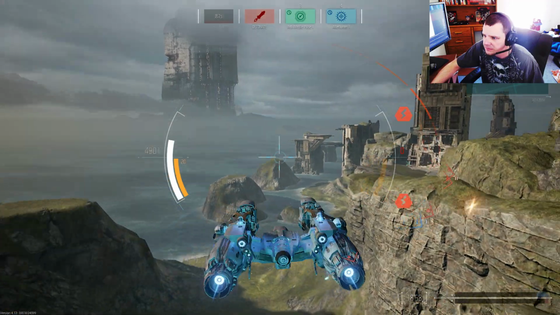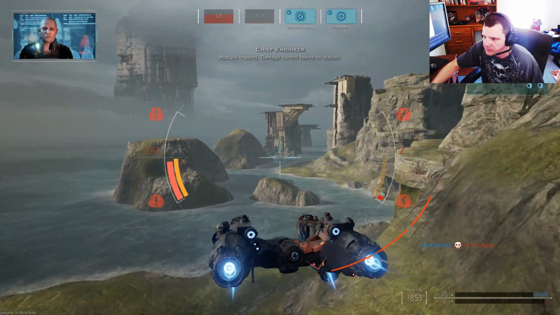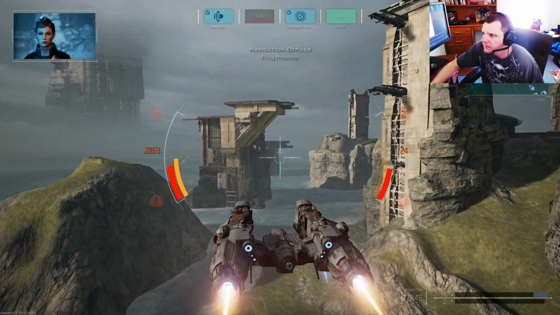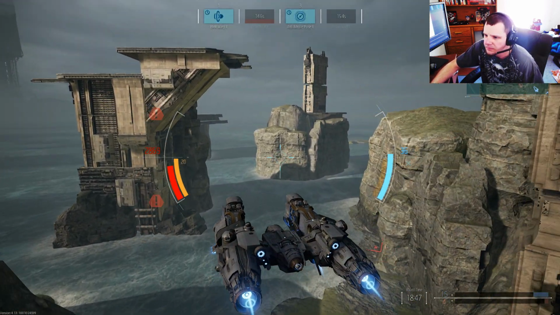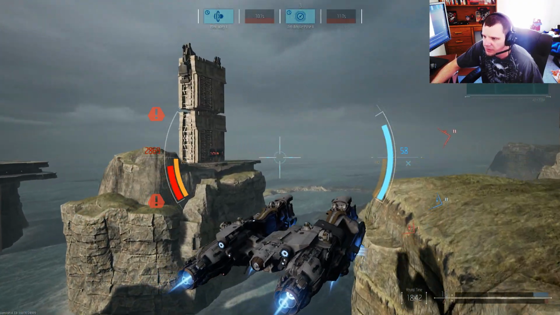Fusion reactor is overheating, putting energy system offline. Multiple impacts. Damage control teams on station. Firing thrusters. Maneuvering thrusters at toast. Stand by for reprime. Normally you can outmaneuver most of the